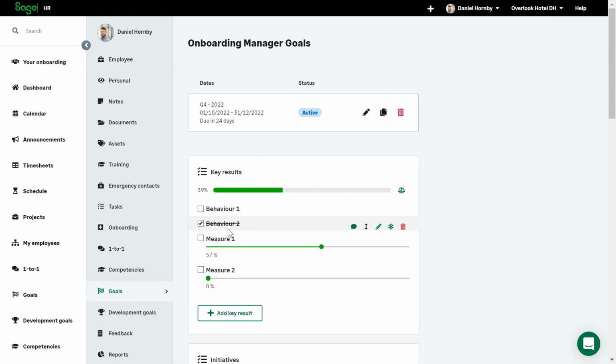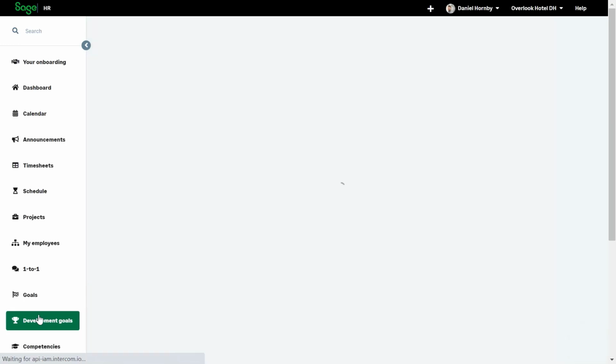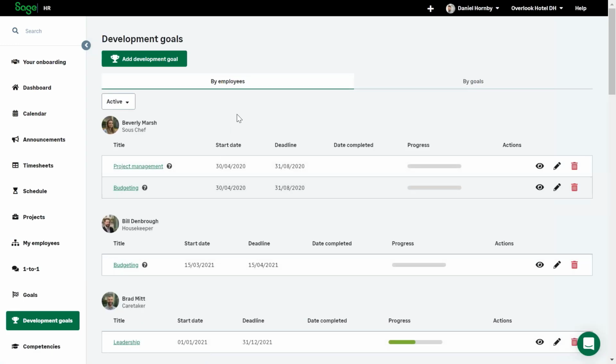Those goals can then be dragged into a one-to-one automatically to be discussed throughout the course of the year, or however often you hold your meetings. We then have development goals from the left-hand side, again more focused on personal career development. But as a manager, I can see all my employees' goals. I can see what they're working on between whatever date range,